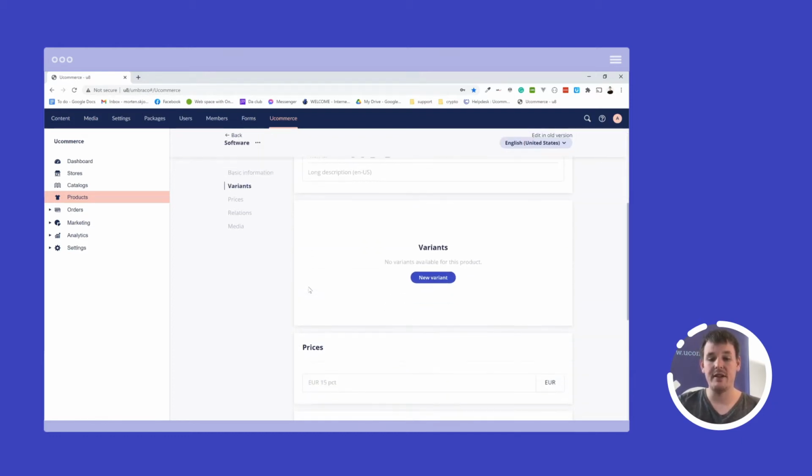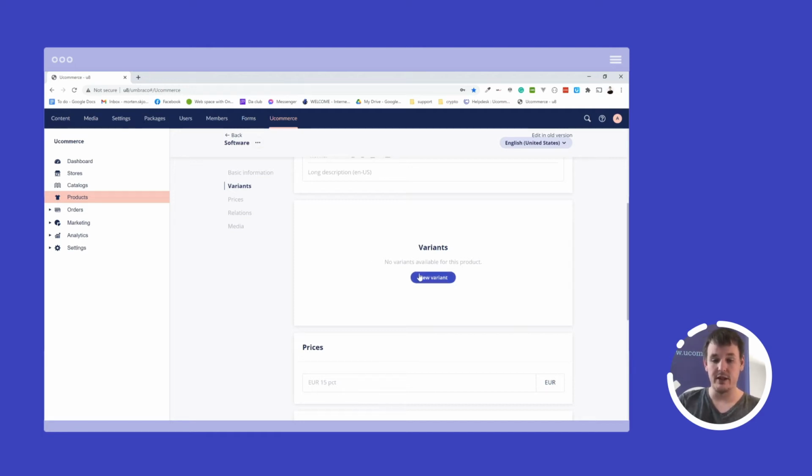Besides this, I have the ability to create variants. Variants will only appear in case a product is of a type that is called a product family, which is the ability to have variants for a product. This is based on the definition. So if you have one or more fields on your definition that tells us we need to edit this in a variant, then a product is per default a product family and it contains variants.